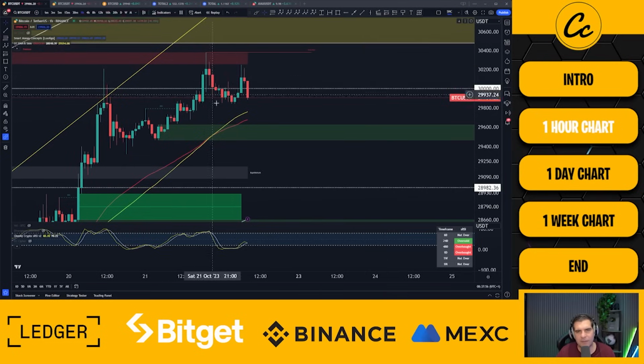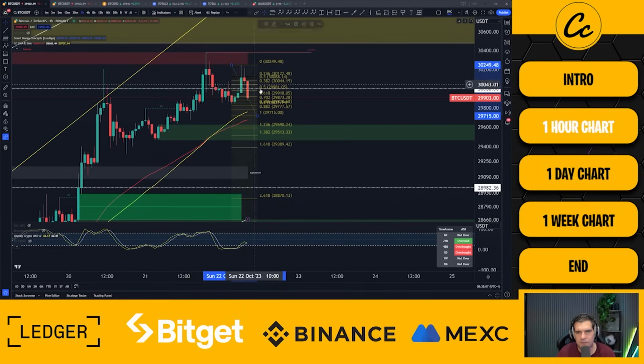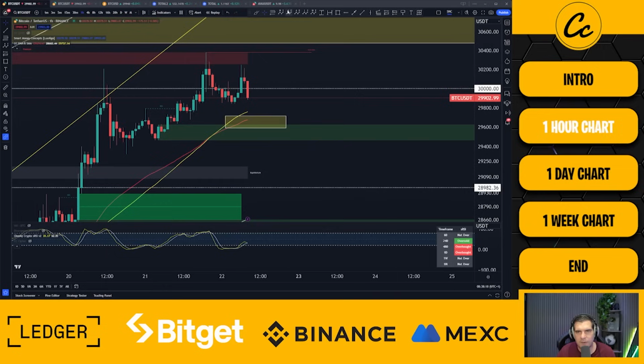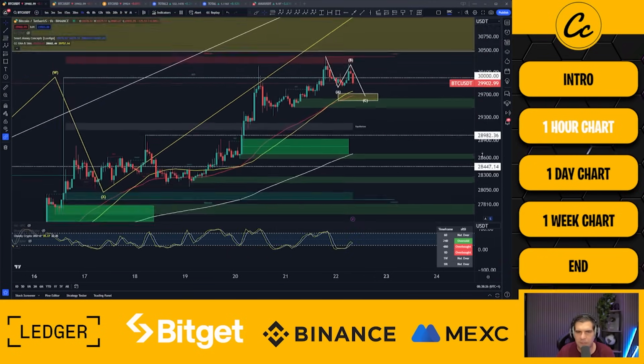Now you can see here we have a potential three-wave pattern to the downside where we look for support on the 50 EMA and the 50 SMA. So this, if we bring this in, comes on towards these areas. You can see right in here. If I throw a little yellow box right there so you can visually see it, it sits right in between those. And so this three-wave pattern to the downside would essentially look for support on those 50 EMA or 50 SMA, and then a continuation of this move to the upside.